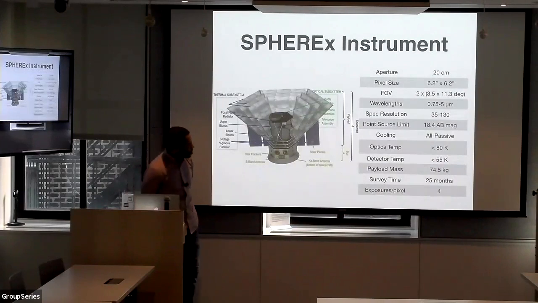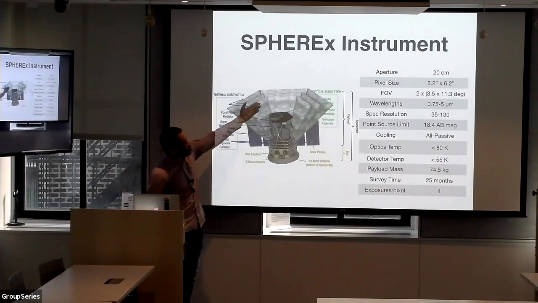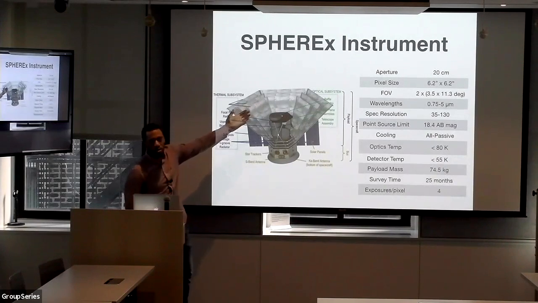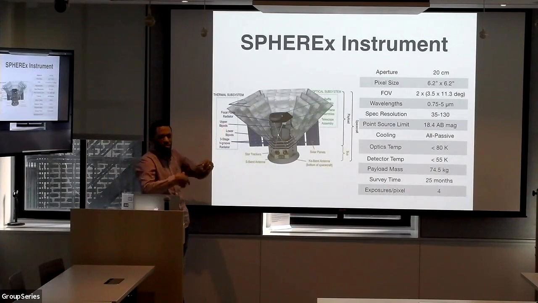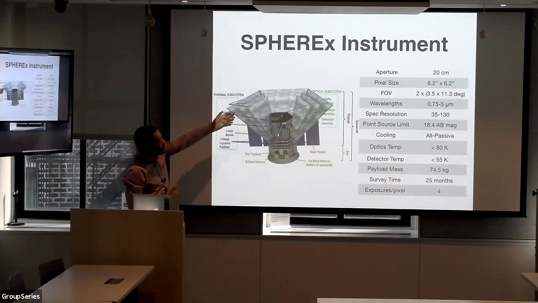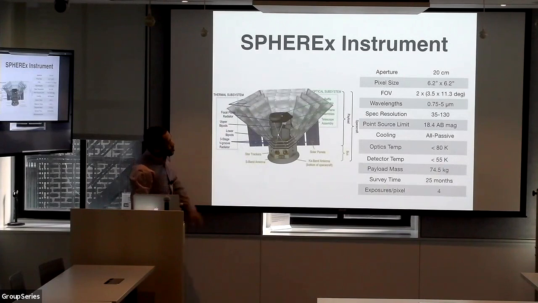So this is how the instrument looks. Again, I'm not a telescope person, but you have this baffle here, and the idea is that this is going to orbit on the terminus, basically the line between day and night. One orbit is about 90 minutes, and it's going to be able to block out the sun, so it's not going to need to be cryogenically cooled. It's going to be passively cooled. And so these are the specs.